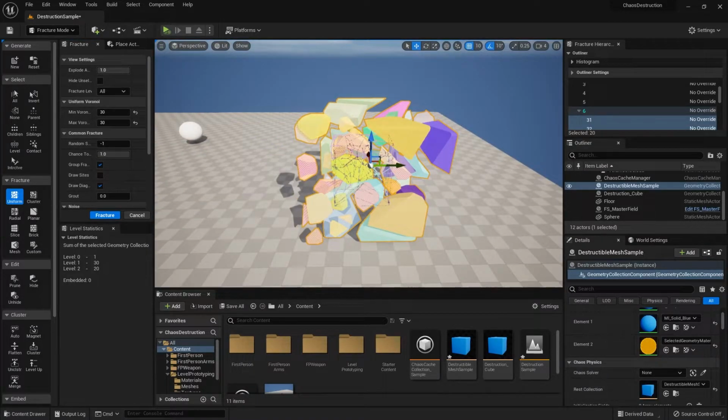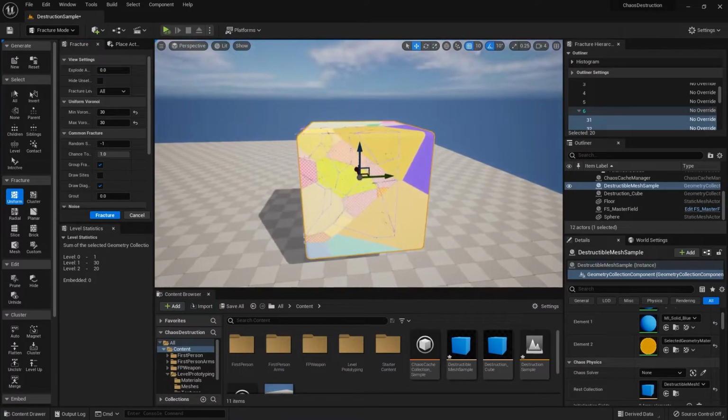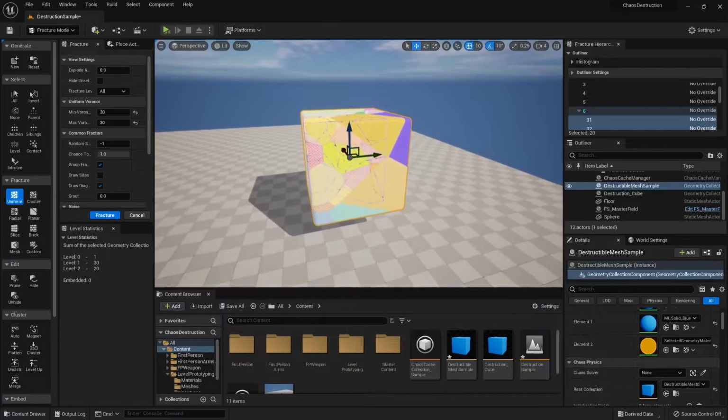So I think this is pretty powerful, and it enables you to have multiple layers of fractures if you so choose. And just keep in mind to not go too crazy about it, because it will take some processing power from your computer. Okay, so I'm gonna change this explode amount back to 0. And now let's go on to the next step, which is to see how it will fracture in game, and then how we can put it in the sequencer as well.